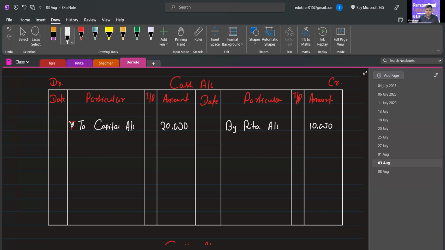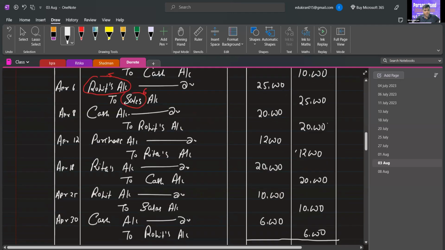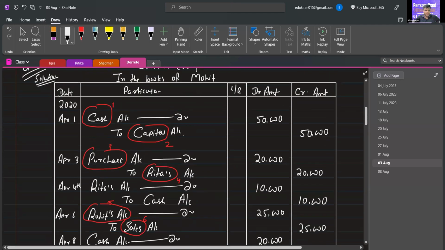Is this clear? Yes. Now tell me, do you have any doubt in posting now? This is posting, sir. No, sir. No doubt in posting. Actually, all the information that we post from journal to ledger is called posting. Okay. So now if you understand the concept, tell me